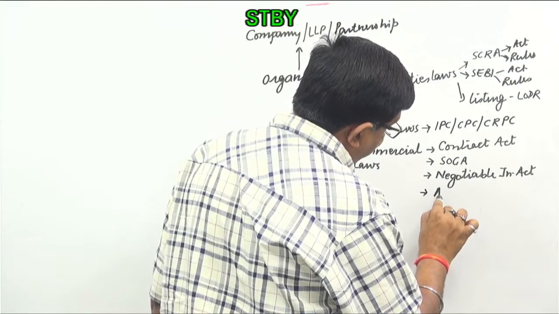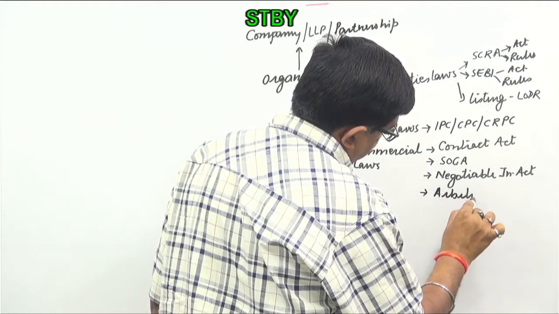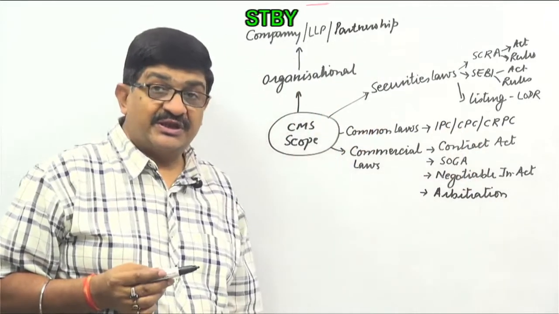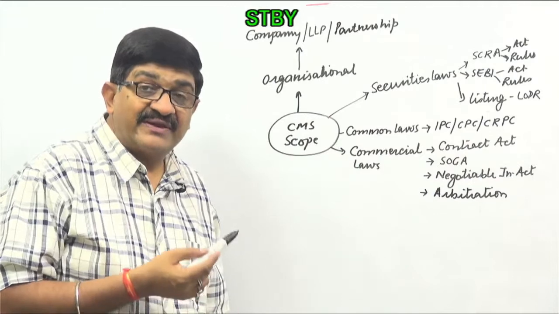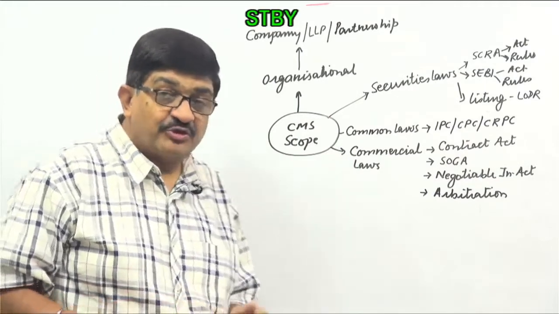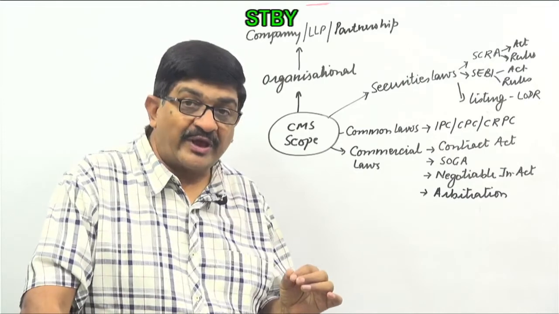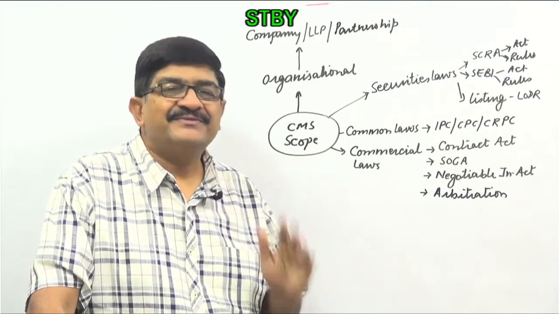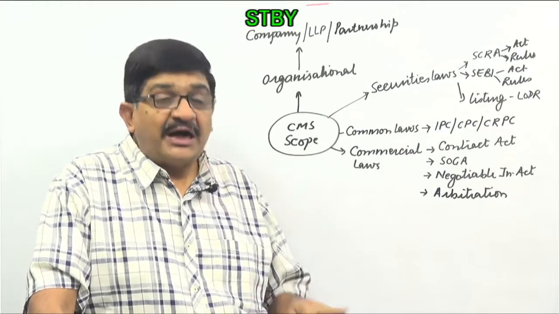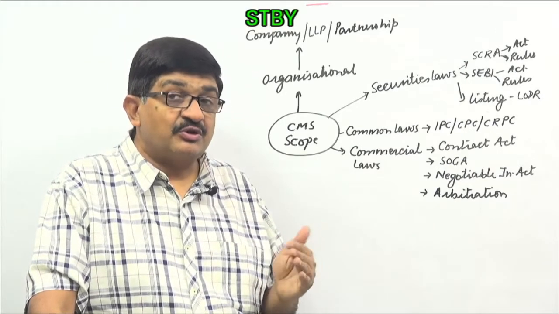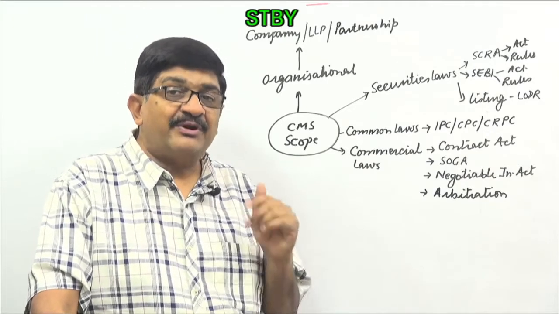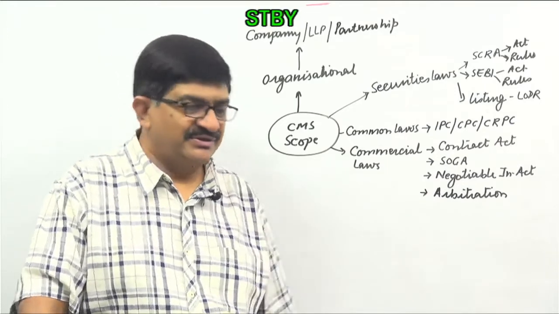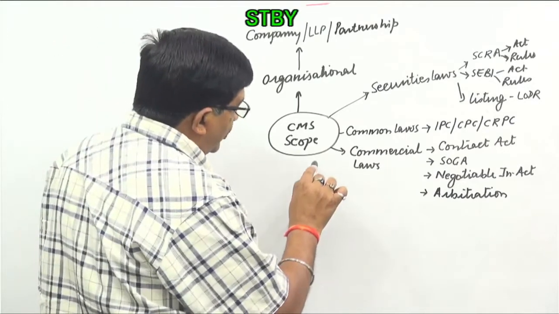That is called arbitration. Arbitration and conciliation, one of the common things in business as of today, and in the recent past you have already heard this concept in a big way. Amazon and Big Bazaar, Future Group. How the dispute is being settled, how the solution is being found by way of arbitration. One of the very, very important laws. Then comes economic laws.